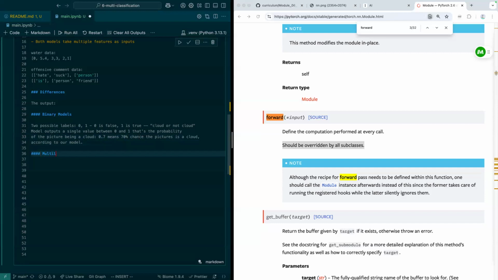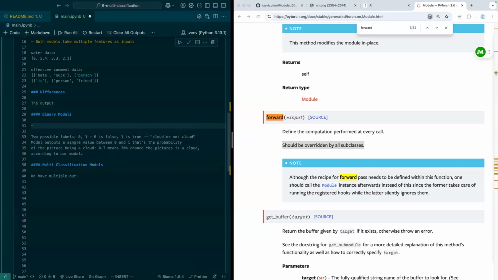For multi-classification models, we have multiple outputs. So a binary model outputs one number, representing a probability. But for a multi-classification model,